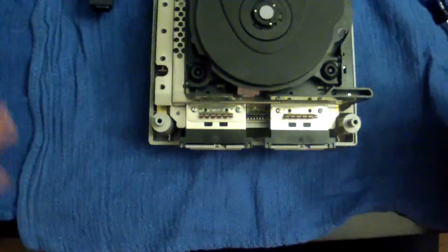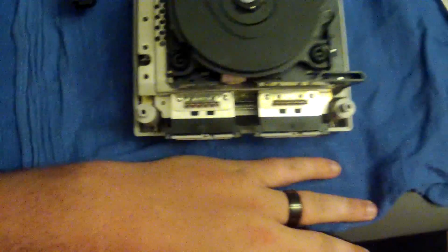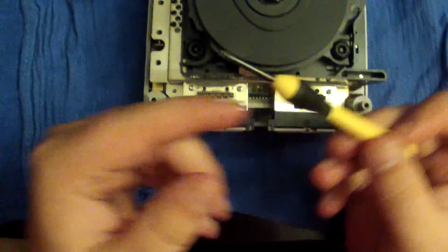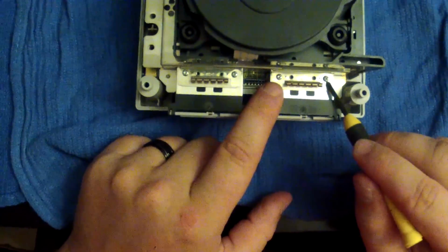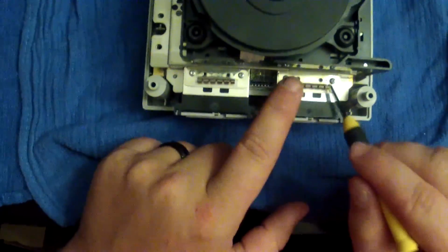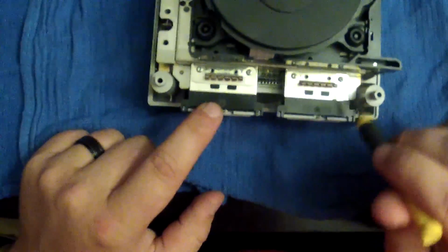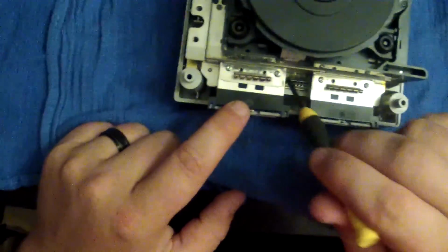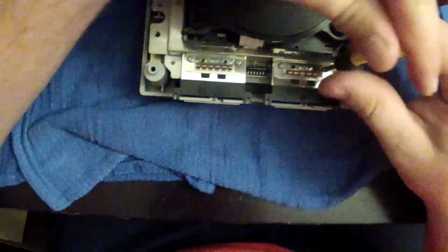There's your faceplate. Now for this next part, what we're going to be doing is using one of these tiny little Phillips head screwdriver bits and getting these four screws off of each side. I'm not sure what those things are. They're clips of some sort, but there are two screws in each one above the memory card ports. So what we're going to do is go ahead